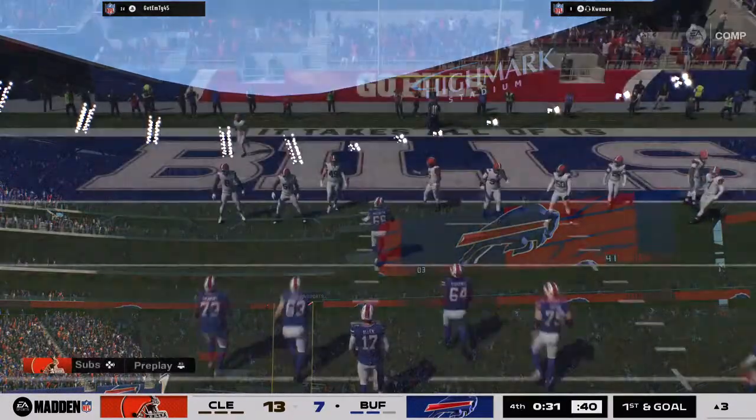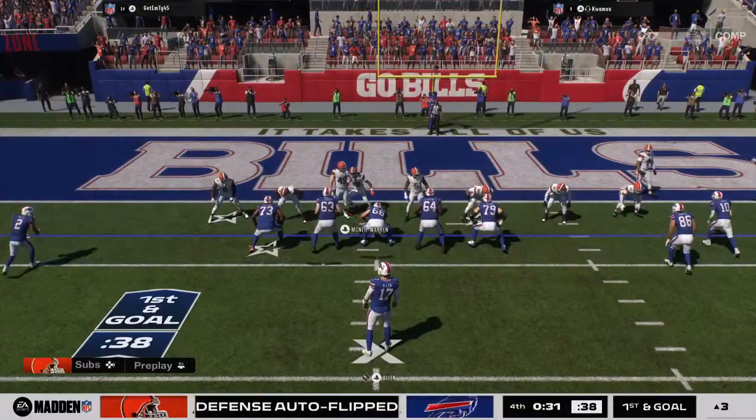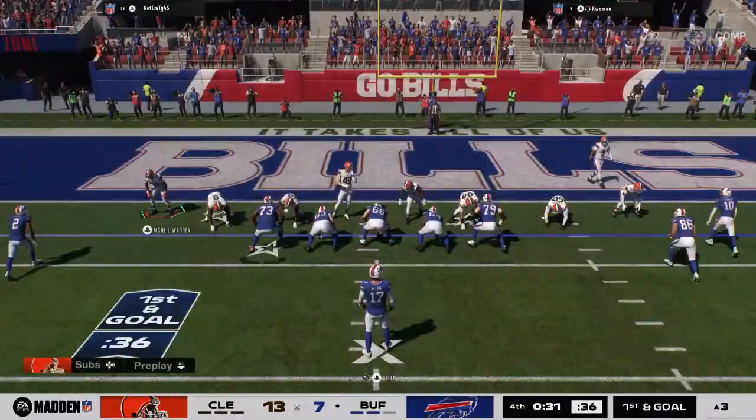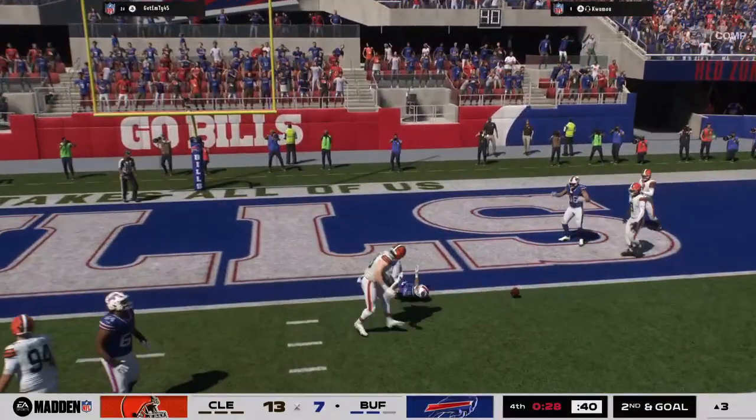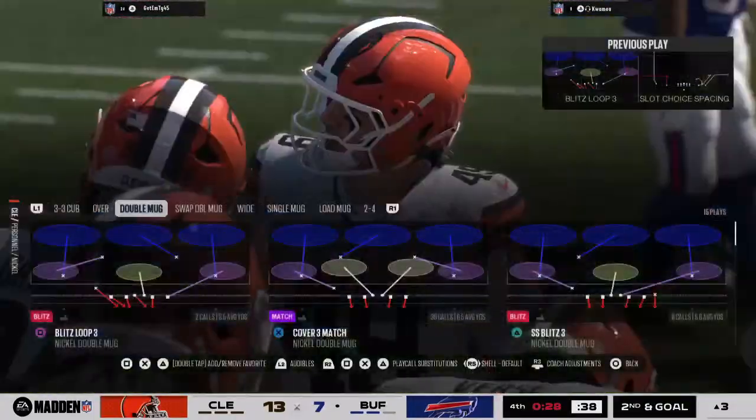The Bills going to use the first of their timeouts. Here is 1st and goal. Again, it's Allen to the air. That's to the end zone, but it is